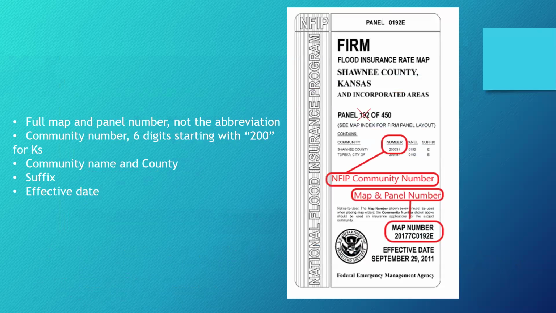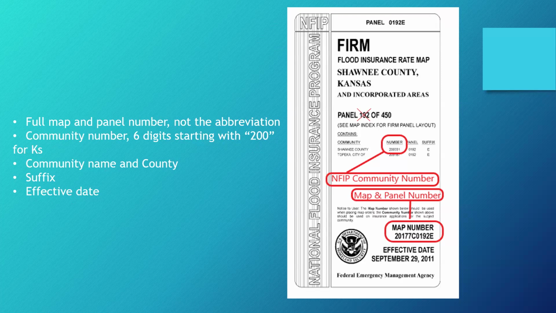So this is the title panel, or the title for the panel. So you can find this on all maps, all the updated maps. They look a little bit more updated than this, but they're pretty much the same. So the full map and panel number, it's not where it says panel 192. That is an abbreviation. So you want to make sure that you're getting the full map and panel number, which is towards the bottom there. Circled in red, it's